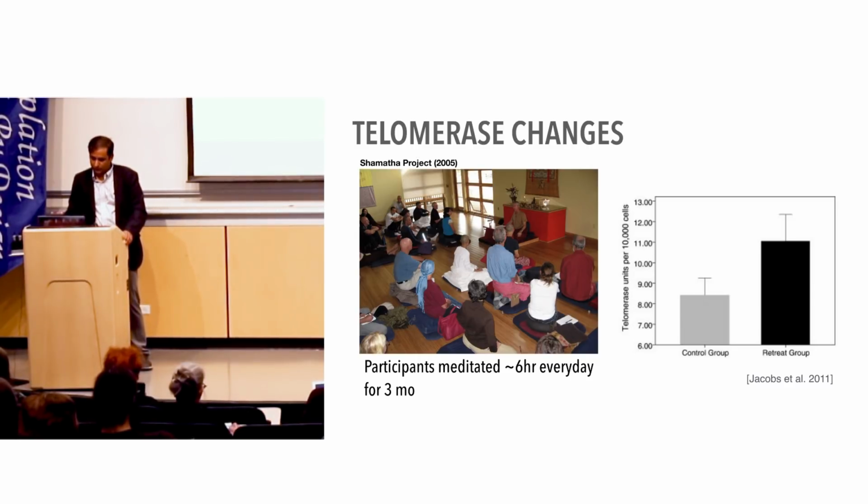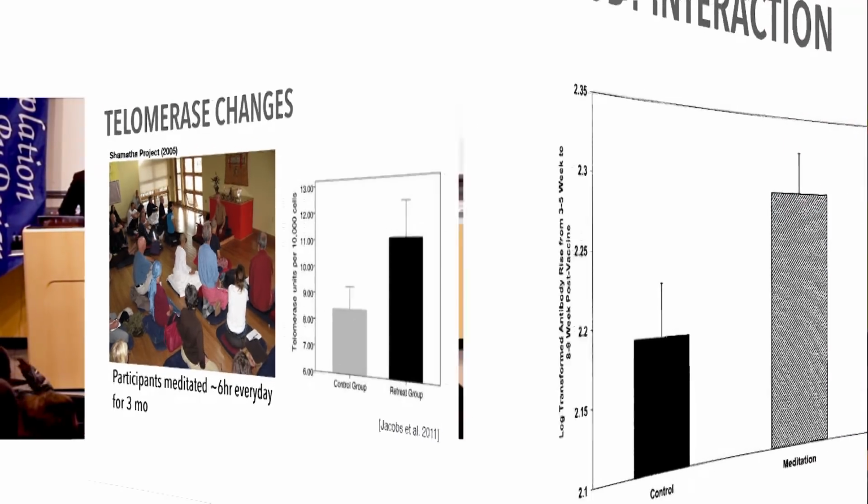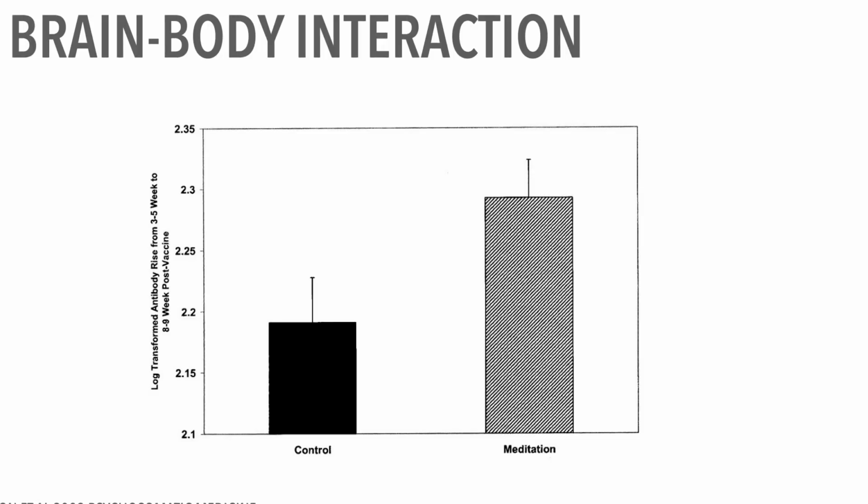Okay, so this is an example of the brain-body interaction. This was published back in 2003 in Psychosomatic Medicine. And this was a very interesting study in the sense that they wanted to convince people like you and I who are probably not going to go to the Himalayas and meditate for 44,000 hours: if we just do a much shorter intervention of like 8 weeks, and we meditate like 40 minutes a day, or 20 minutes a day, can we still see some effects?